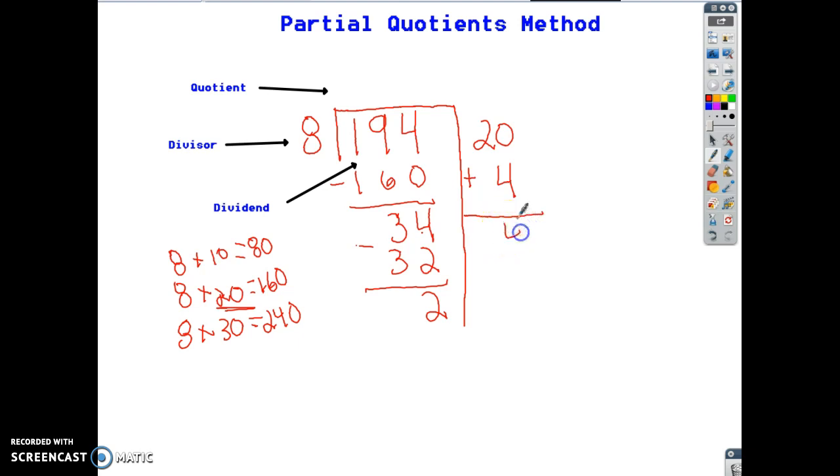So we add this up, and notice how I have these lined up. 24, so remember that's our answer, or our quotient. So the answer, or our quotient, is 24 remainder 2. And if you wanted to check it, you could do 24 times 8, and then you add 2, and you would get